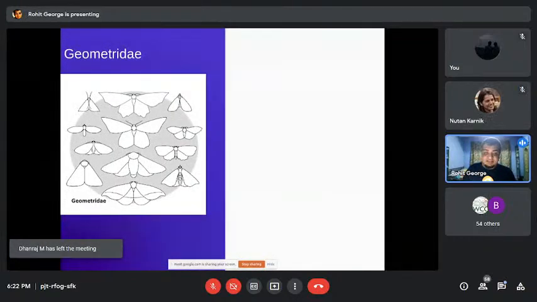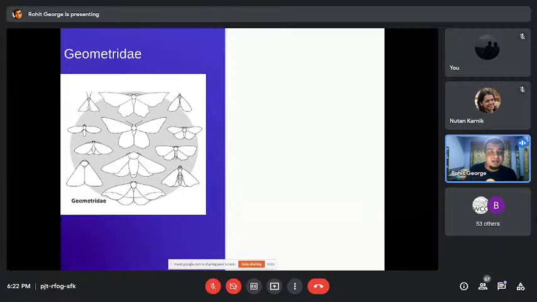The first family that I'd like to talk about is called Geometridae. The name basically means geo is the world and metridae is to measure. It gets its name because of the way some of the caterpillars move. I don't know if you can see the video, but they move like this, to measure the ground or whatever they're going on. That's why they get the name Geometridae. It is a large family. In the world, there are more than 23,000 species in this family, and 1,500 plus species known.